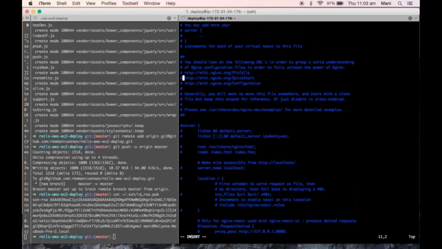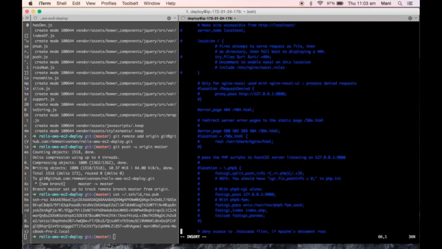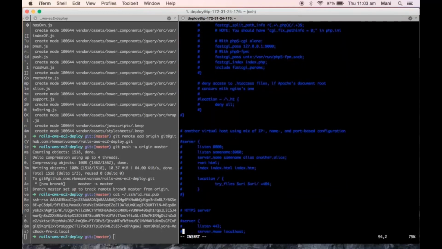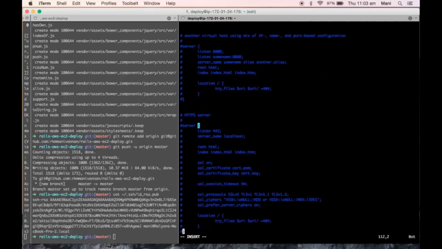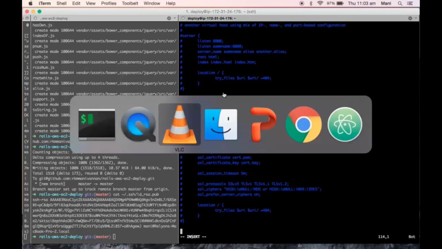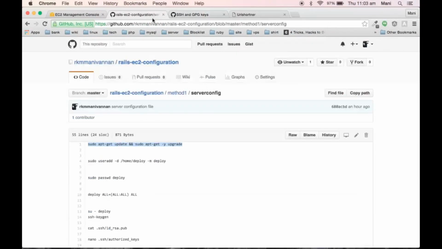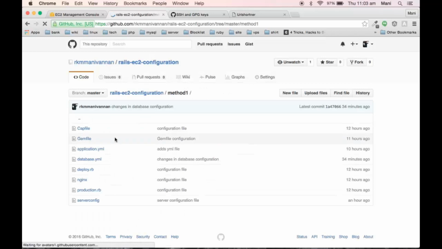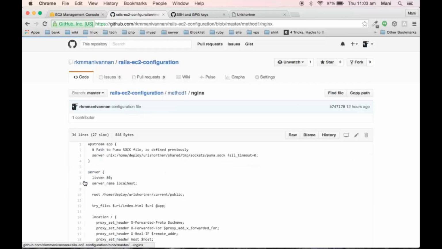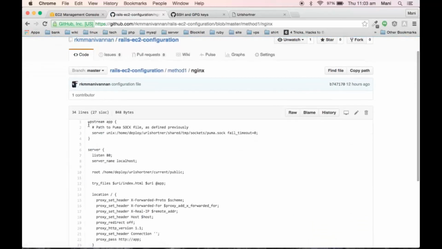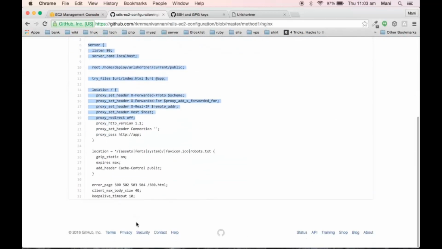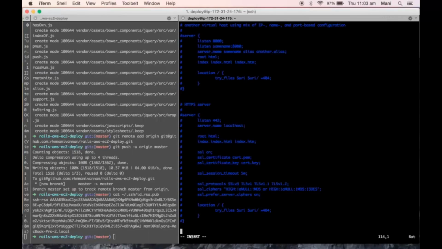Okay, now we need to paste our configuration in this file. You can go to my repository and check. This is my configuration. Copy and paste it here.